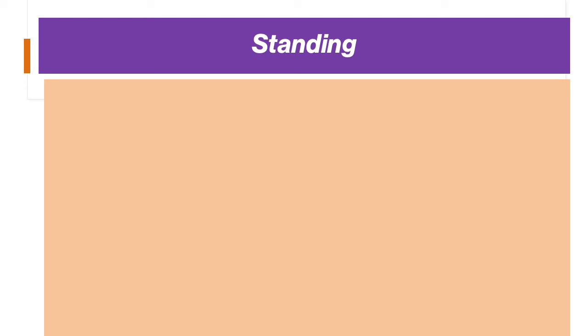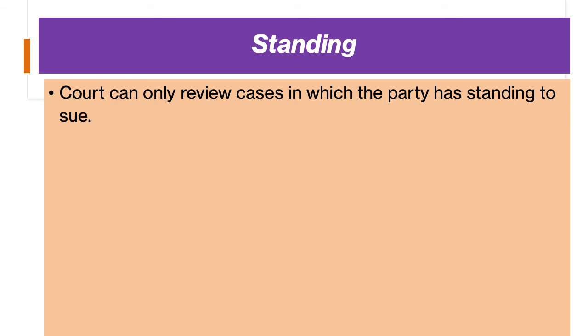All right, the last thing we're going to take a look at as it relates to justiciability is the issue of standing. Up to this point, we've been talking about the case itself, right? We're saying, is there a case? Has some action been taken? And then also, is there some sort of controversy? Is there a dispute that needs to be settled? Standing has to do with the party that is bringing a case to the court for review.